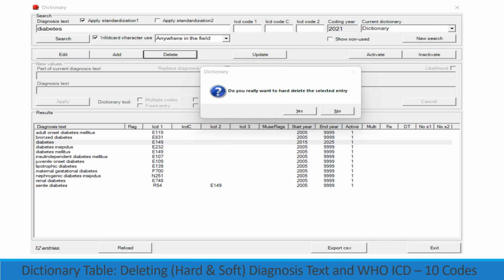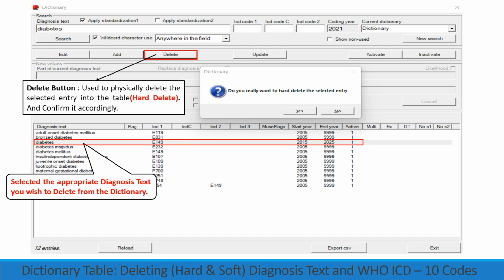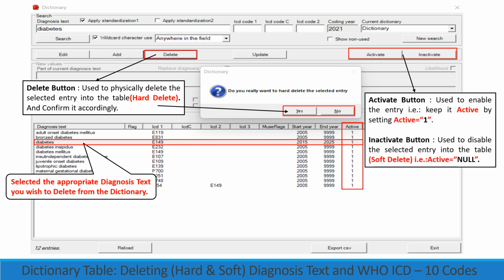Similarly, one can also delete the dictionary entries. First, select the diagnosis text you wish to delete and click on the delete button. The delete button is used to physically delete the selected entry in the table, also known as hard delete, and then confirm it accordingly. Or instead use the activate and inactivate buttons for soft delete,